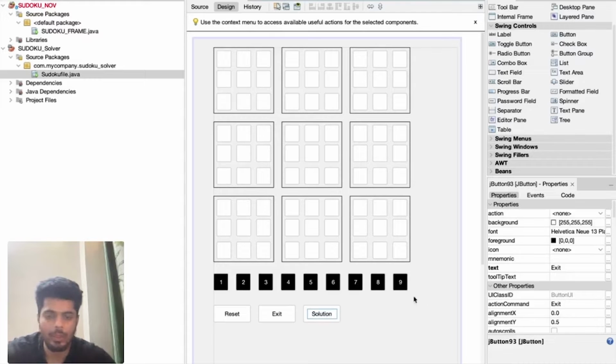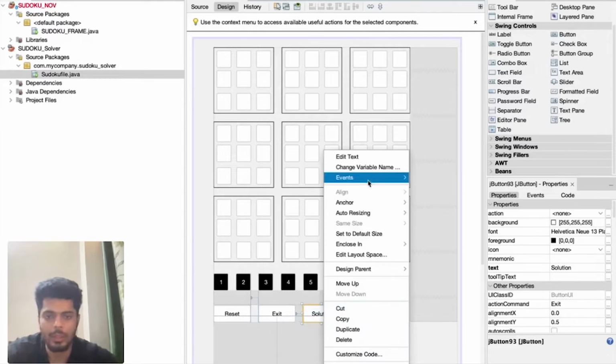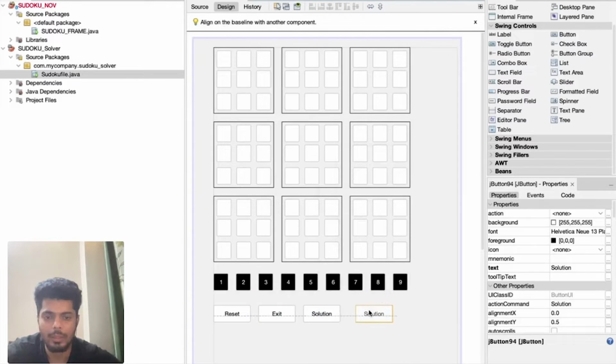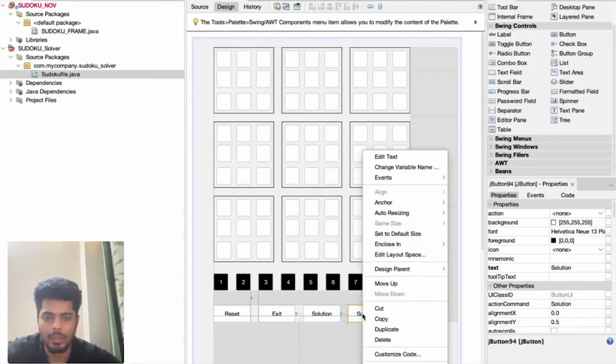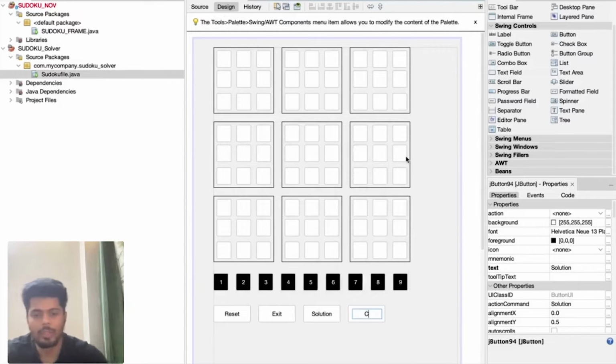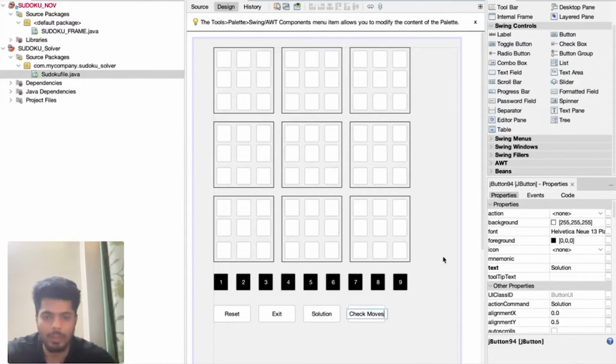This is a solution button. And this is going to be the check moves button.